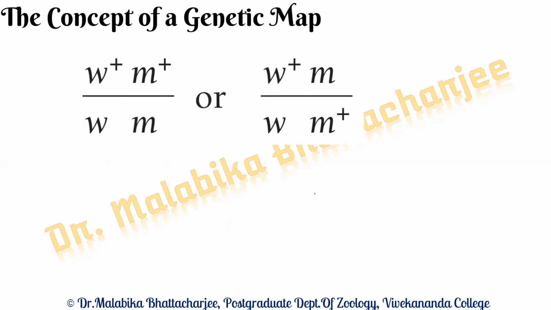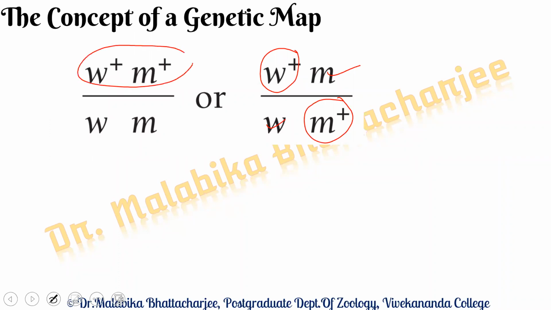when we see an arrangement like this, where each homologue carries the wild type allele of one gene, so the wild type allele of one gene is present in two different chromosomes, along with the mutant allele of the other gene, then this arrangement is called repulsion. So remember, with respect to the wild type present in the same chromosome, it is coupling. The wild type present in two different chromosomes is repulsion or trans configuration. This is cis configuration. This is trans configuration.